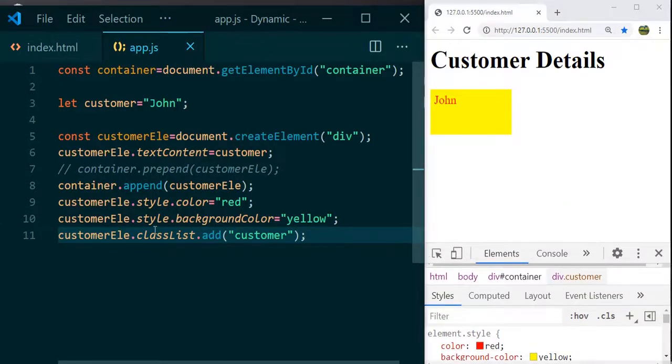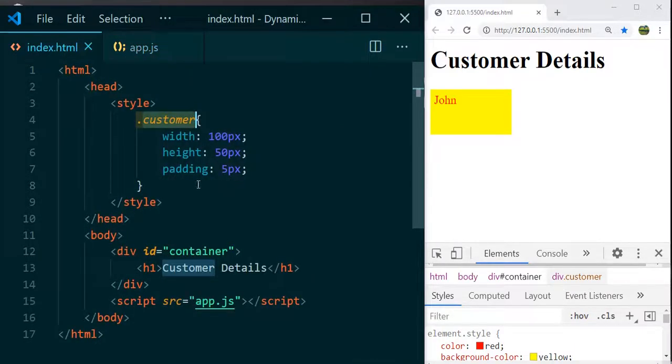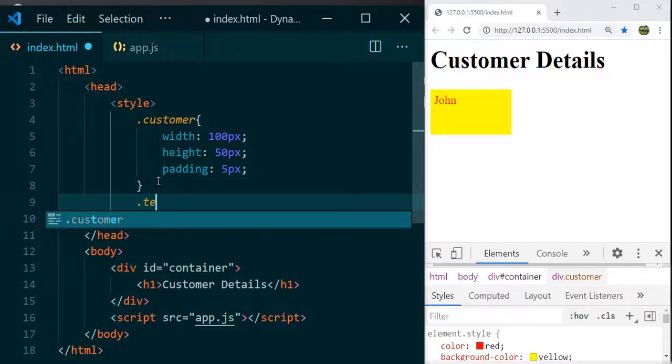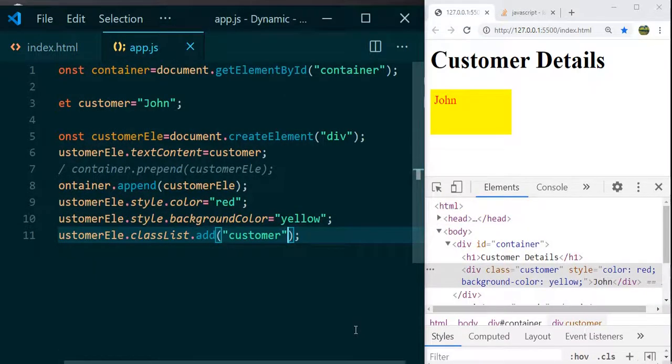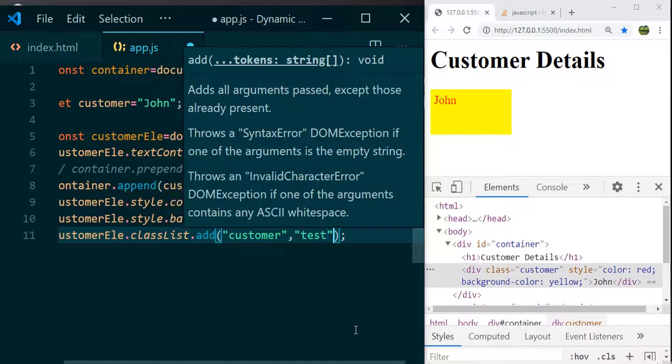So this way you can add more than one class also, not just a single class. Let's say I will add one more class, test, border 1 pixel solid red. If you want to add more than one class in a single statement, you can add like this, test.